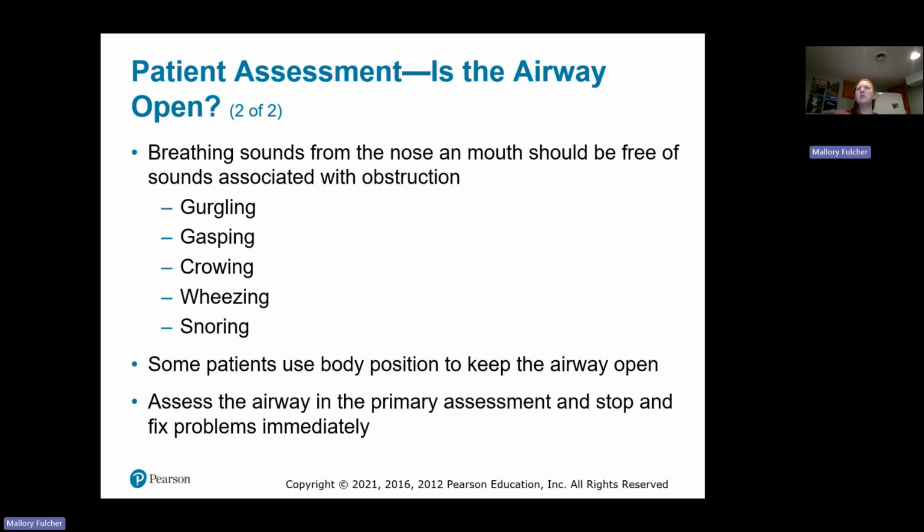There's some other breathing sounds that we can get from nose and mouth, and we should be free of sounds associated with obstruction. So I know I said that really weird. I kind of stumbled over my words, but before we have those sounds of obstruction, this is sounds of, like, there's some other breathing